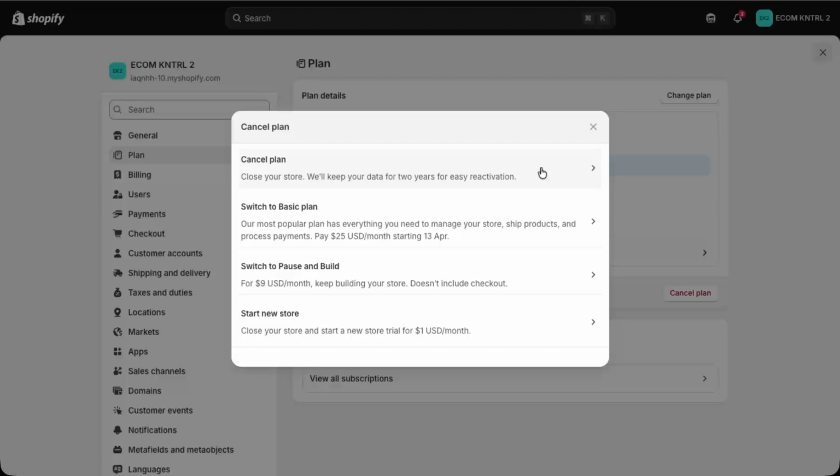Shopify may ask you to select a reason for canceling, such as costs, features, or timing. Pick the reason that best matches your situation, then continue. After you confirm, Shopify should display a final message letting you know that your plan has been canceled or that your store will be deactivated at the end of the trial. Before you close the page, double check that the status clearly indicates cancellation so you know everything went through. And that's it. You've successfully canceled